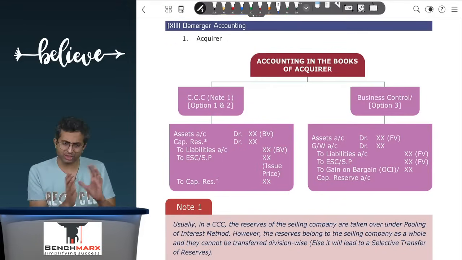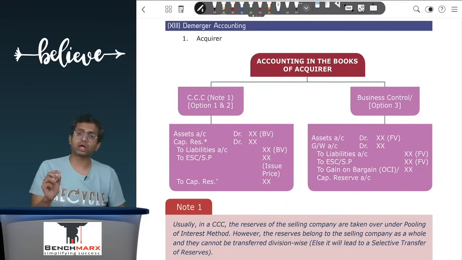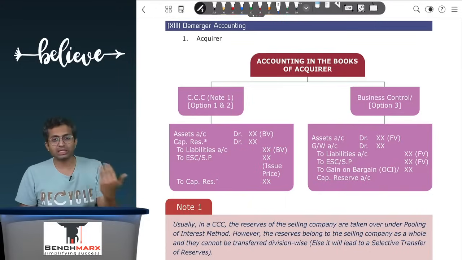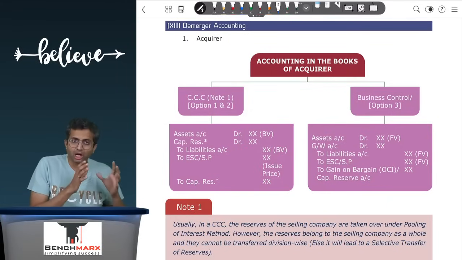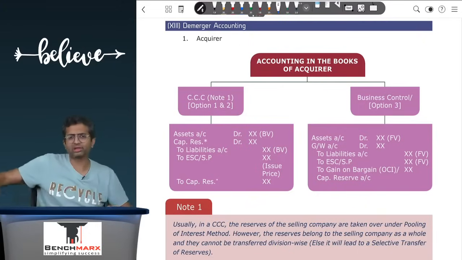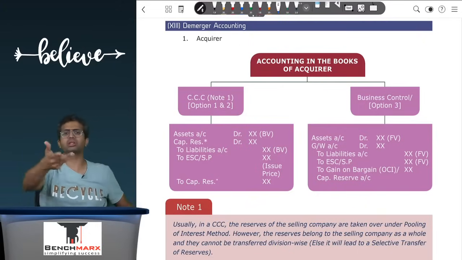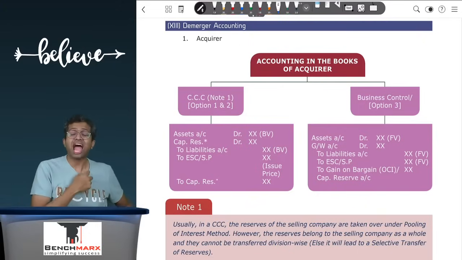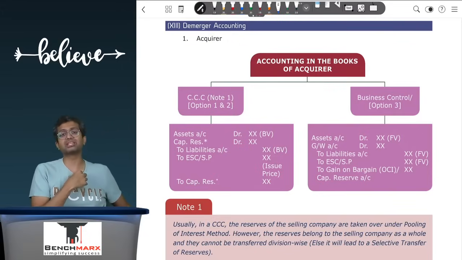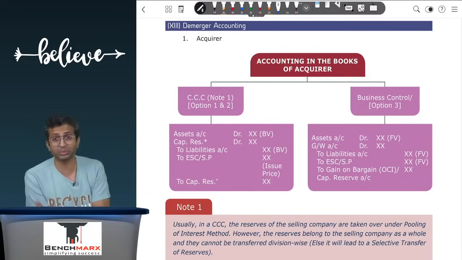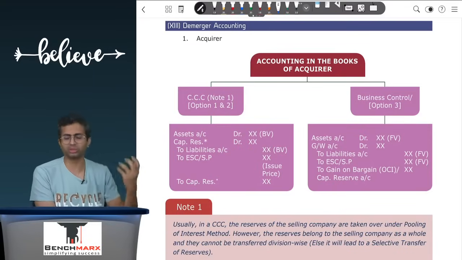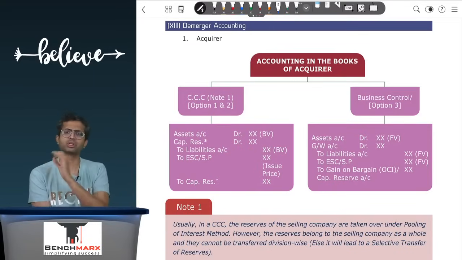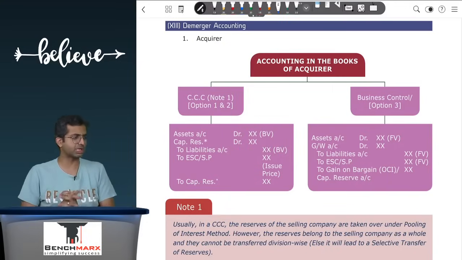This is mainly because in case of demerger, the selling company still continues. If reserves are allowed to be taken over in demerger cases, then it can result in selective transfer of reserves. A company might smartly transfer losses to another company and create distributable profits in its own individual books, and hence usually reserves are allowed to be transferred only in case the company whose reserves are being transferred closes. In a demerger that company does not close, and as a result the reserves cannot be transferred. If the company was closing, which is then not a demerger, then the reserves could have been transferred. So in demerger there is a possibility of selective transfer of reserves, and hence the reserves are not allowed to be transferred in case of a demerger.